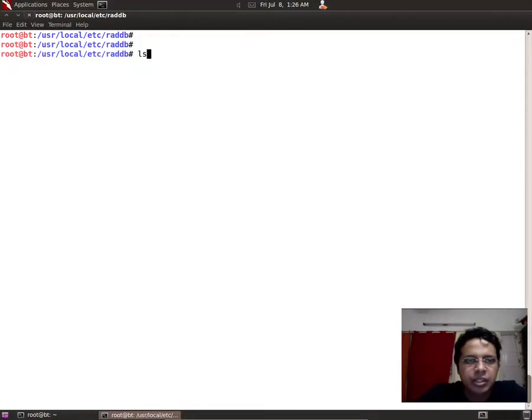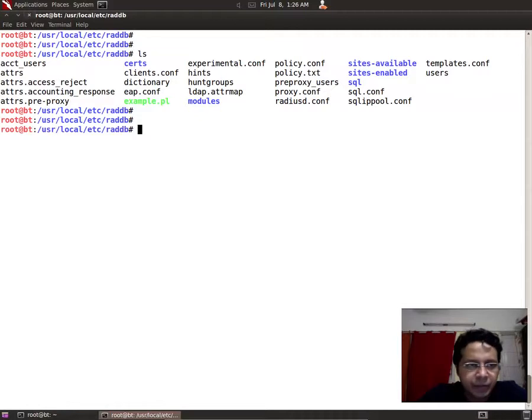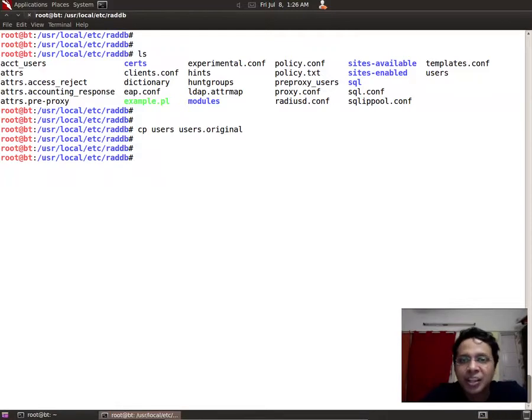The first thing we need to do is go into this directory, user local etc raddb, and inside that let's first create a backup copy of the user's file. We'll do this for almost all our videos simply because you're going to change a lot of things and you would ideally want to go back to the original configuration if something goes wrong. So let's open up the user's file,